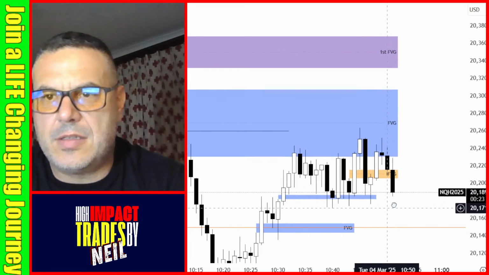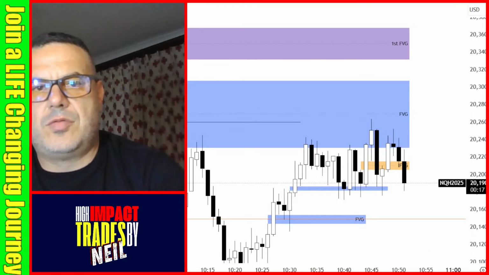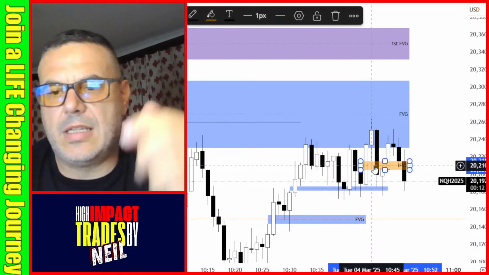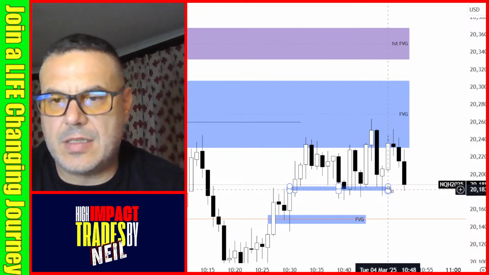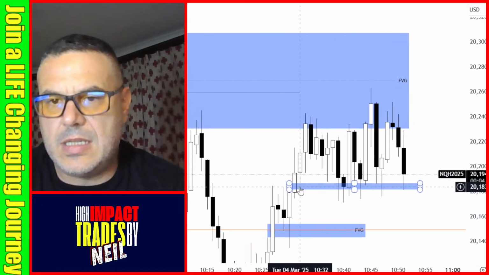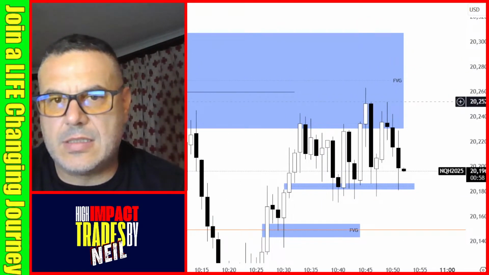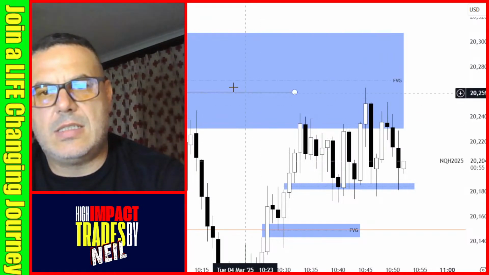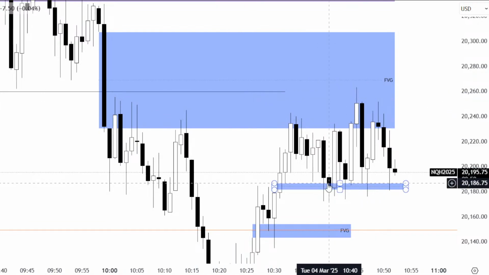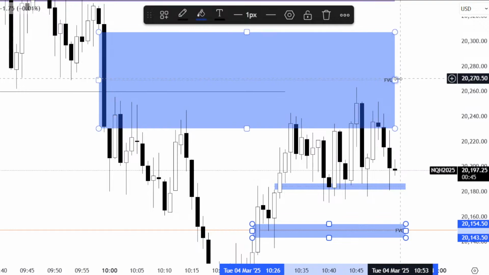Okay, let's see if we're going to get something here. I'm taking this one out because it means nothing right now. This is still relevant, this little gap. Because see, if you look at it, see how it holds price. But then again, look at this bloody thing. Yeah, see how it holds price. So this thing is literally just saying, oh, we're not pushing higher, we're running there, but this is also holding price to go lower.